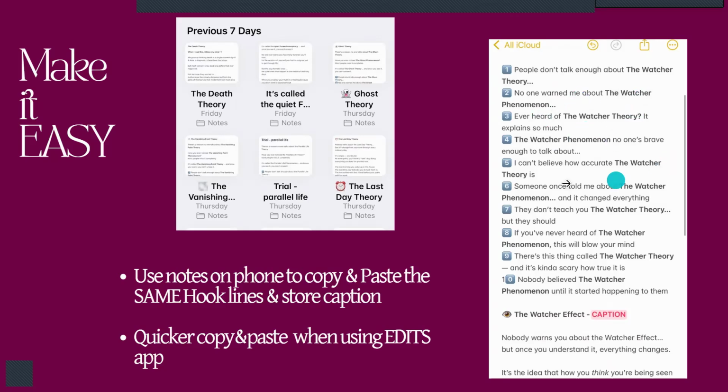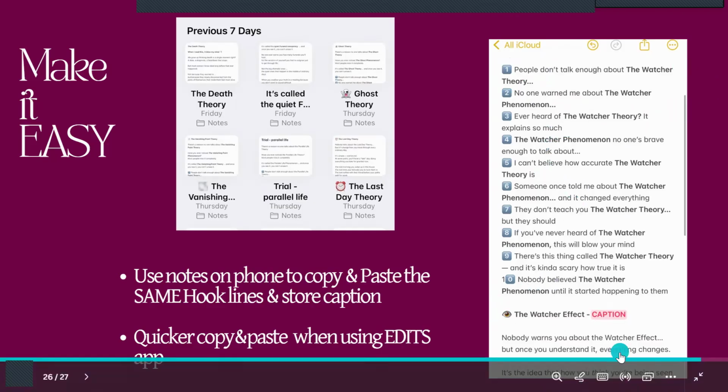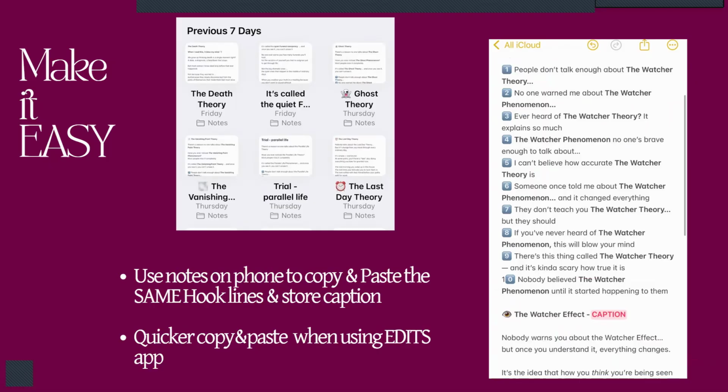And you can see here these are mixed with theory, phenomenon. And all I will then do is copy and paste each one into Edits when I am doing it. And then when I share each to Instagram, I copy and paste my caption. It literally is that straightforward. It sounds confusing because this is new for quite a lot of you. But honestly, when you use the copy and paste formulas I've just given you and you organize them in the notes of your phone in this way, it's going to be so much quicker for you, and like using the Edits app.